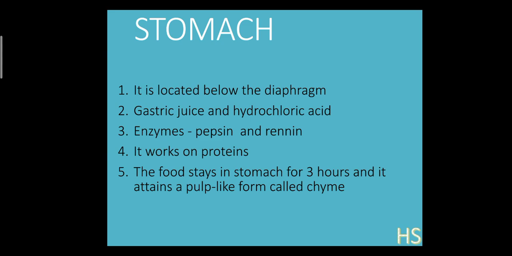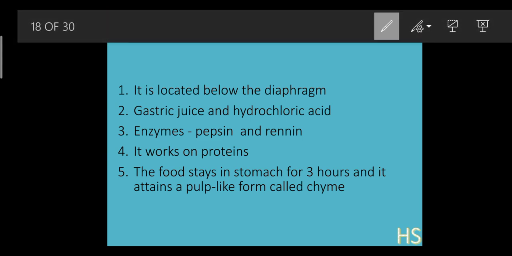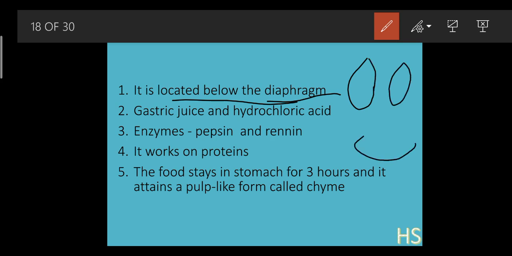Okay, so where is this stomach located? It is just located below the diaphragm. The word diaphragm you will understand in the respiratory system. Suppose I am going to make up a lung structure. Suppose this is a lung and this is the abdominal part, I mean to say the stomach part. So here there is a muscle, which is nothing but the diaphragm.